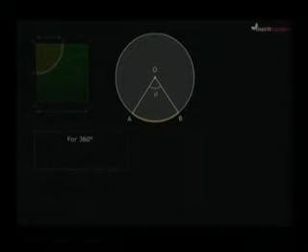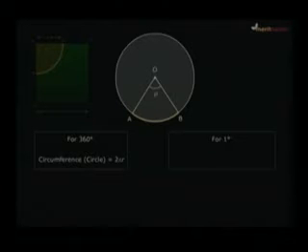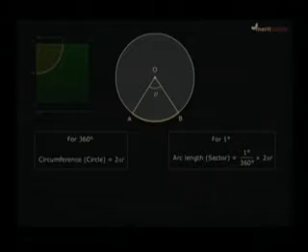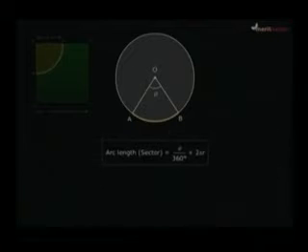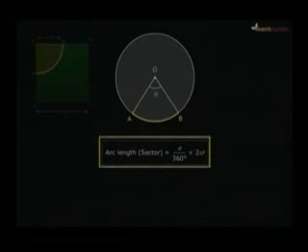So look at this figure again, a general circle. We have an arc AB. The angle subtends at the center, that is theta. Now for 360 degrees, the circumference of the circle is 2 pi r. So for 1 degree, what would be the arc length of the sector? That would be 1 by 360 degree into 2 pi r. So if the angle is theta, then the arc length of the sector would be theta by 360 degree into 2 pi r. This is our formula. Length of an arc of a sector of angle theta equals theta by 360 degree into 2 pi r.